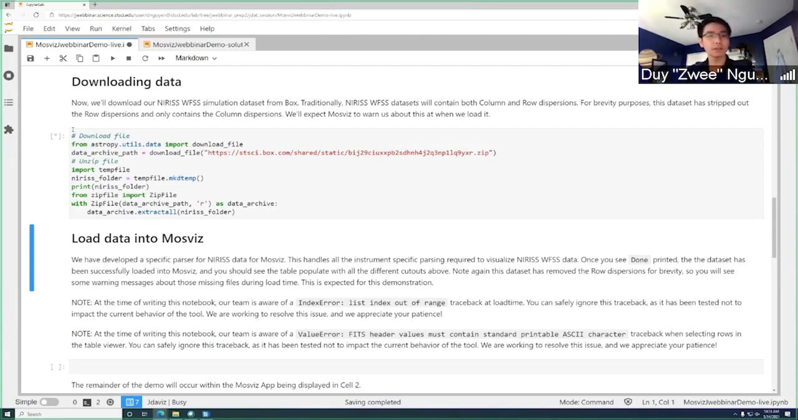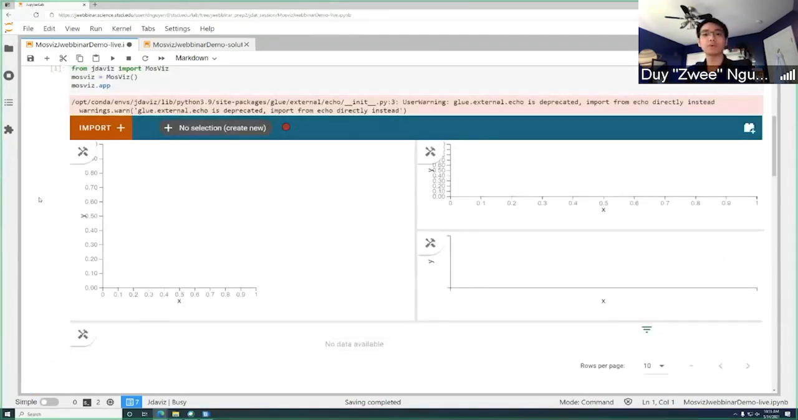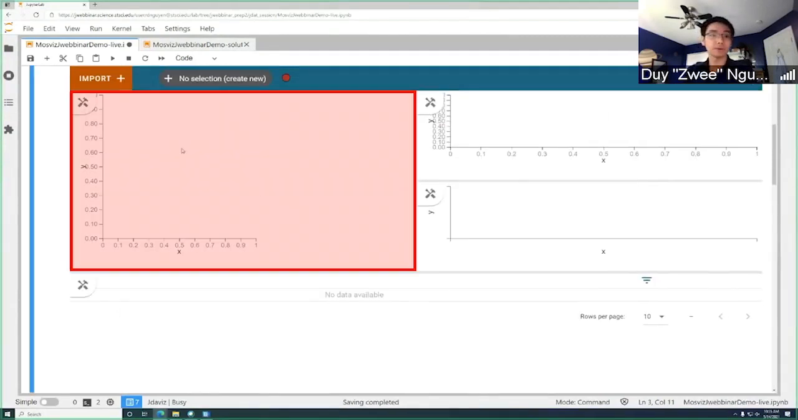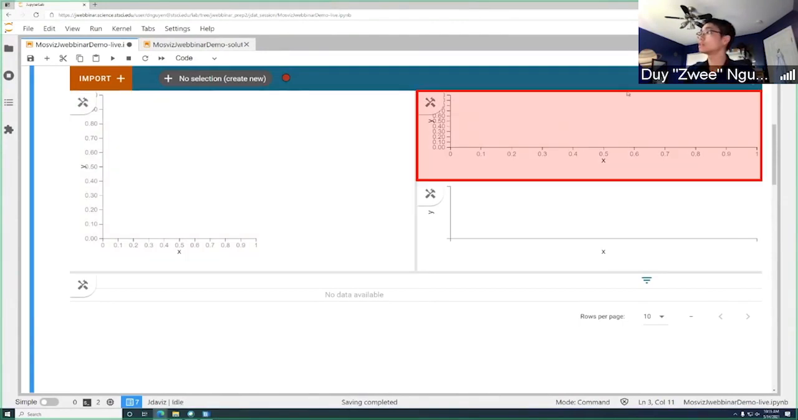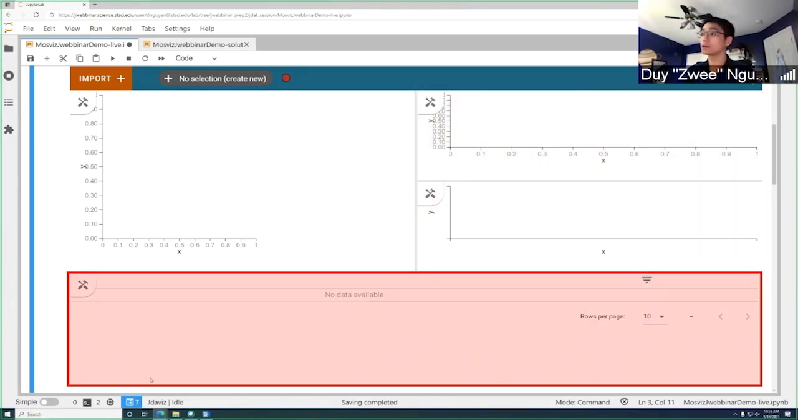While our data is loading, we'll take a preview of the layout of Mosviz. So I'll go ahead and scroll up here. Mosviz contains 4 viewers that facilitate the analysis of MOS datasets. Starting here on the left side, we have our image viewer. And then we have the 2D spectrum viewer sitting here in the top right. And the 1D spectrum viewer lives underneath of that. Across the bottom of the app, you'll see our table viewer